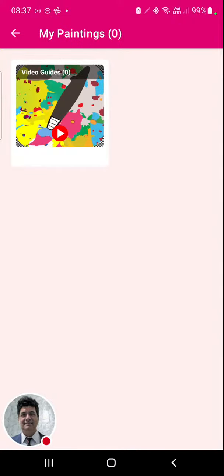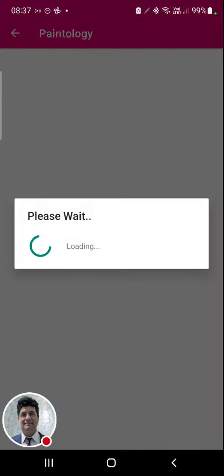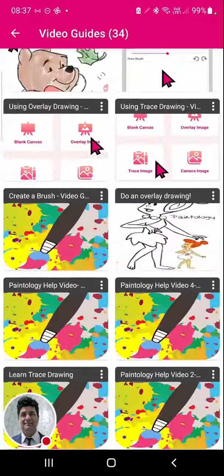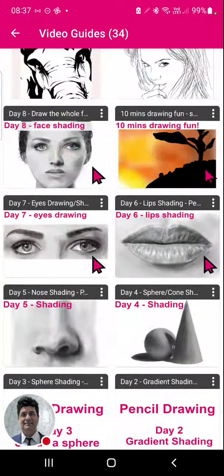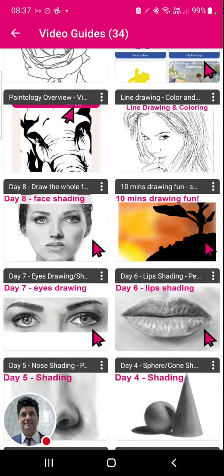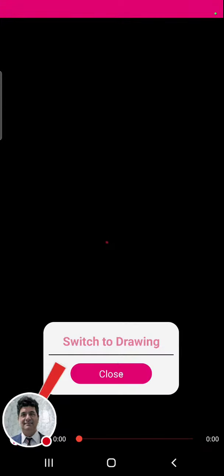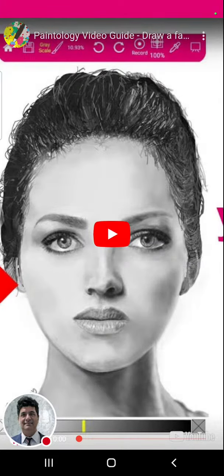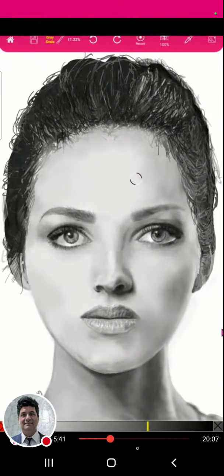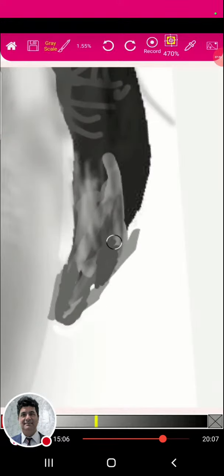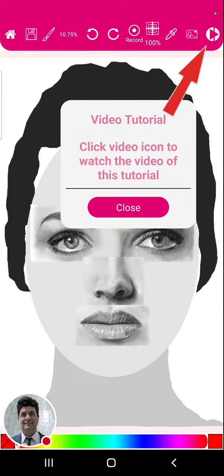So the very art techniques that allow you to make drawings like you can see here on the video guides. Here you can see there's a face. This was done with the video you can see here, right? So this shows you how to create this drawing, yeah, using the shade brush. So designed to teach you techniques, not